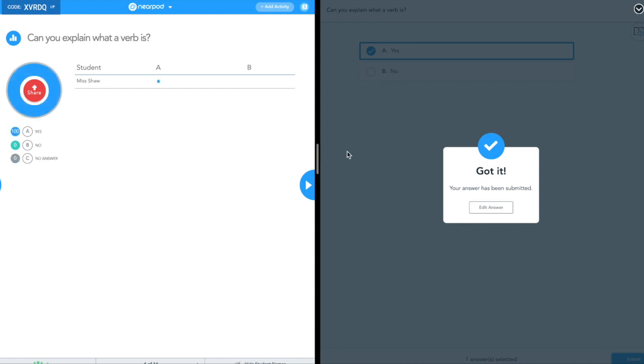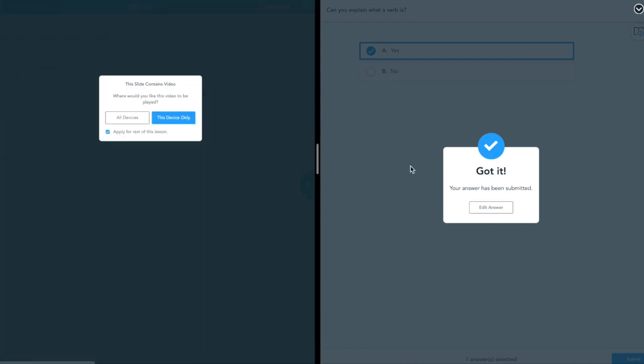Now, if you just noticed, it just popped up, and we know that Miss Shaw thinks that she can describe a verb. Now, obviously you can use this because it gives you a sense of how confident the kids are with what a verb is, and it also gives you an indication of the spread of whether children just have no idea. And then you can ask and you can talk about that. Or even, obviously, the children that know could have a go at explaining, however you want to use it. So then you go across,